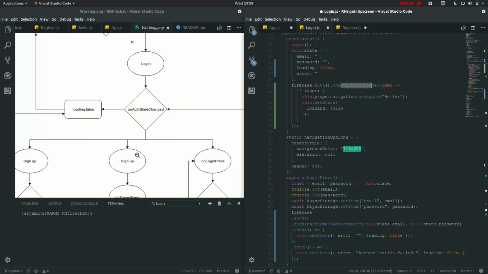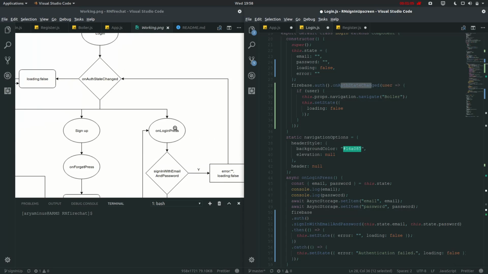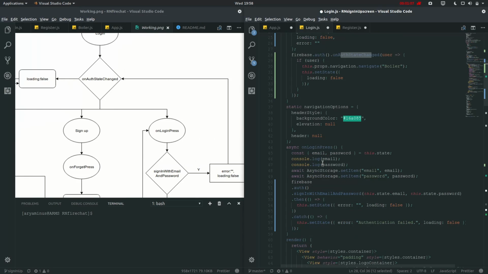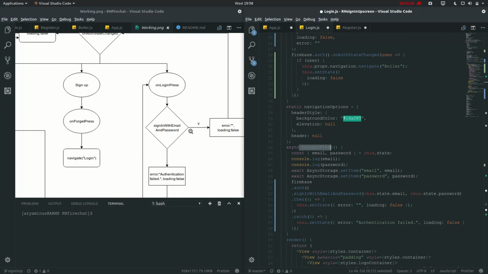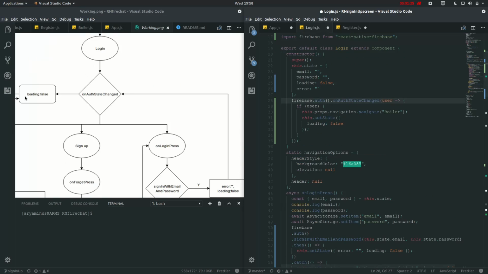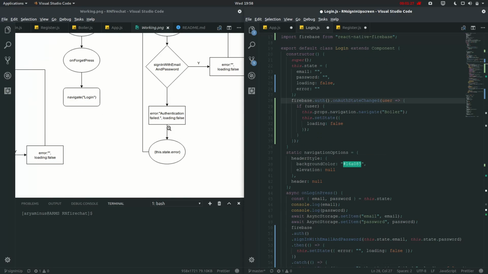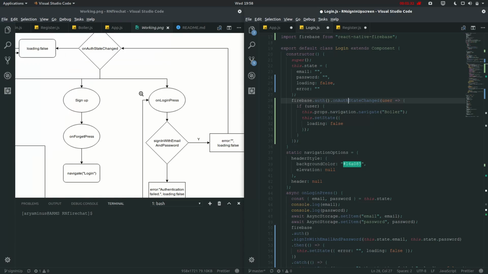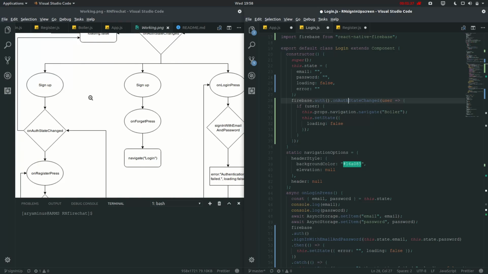And then there are three screens as previously. So on login press is our main, which is defined here, and it will check if they sign in with email and password, and set this error to null and loading to false, and then go into this on auth state change and navigate to boiler. Otherwise, it will generate this error and show this error, and again wait for the user to log in. If we press sign up,